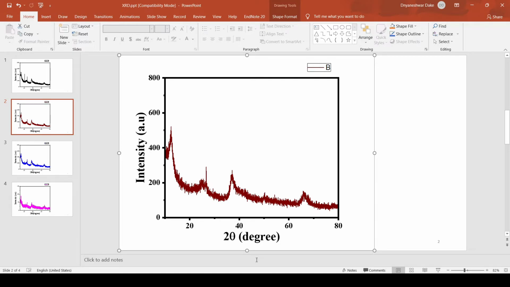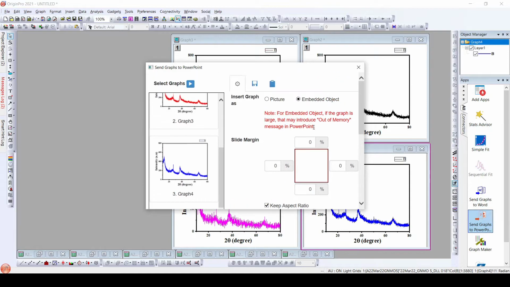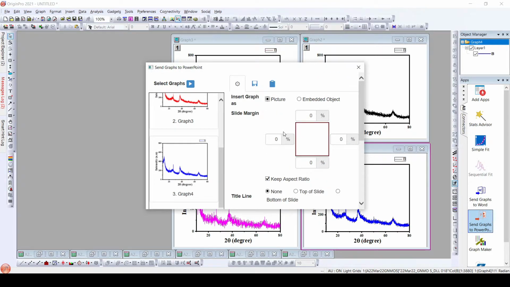So now what we will do is we will similarly try to save this particular file as picture. Once we save this file as picture, here in the slide margins, both in embedded data and in the picture, we can use slide margins, or we can shift the particular aspect ratios. That is, we can compress or we can expand the file, or we can fit the image or embedded data to the slide width and height, or we can compress it to a particular size